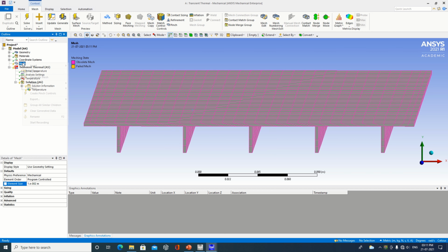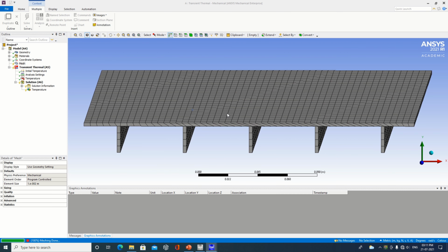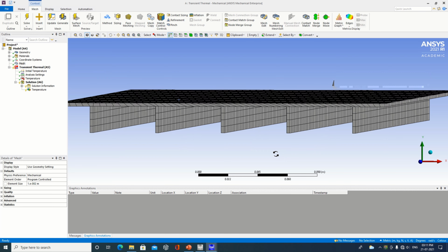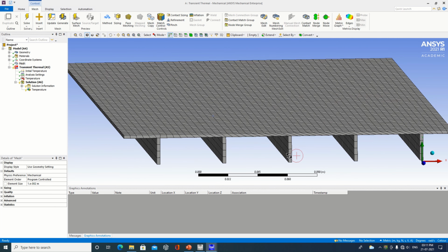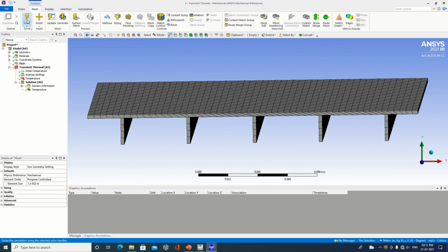I'll just prepare one more time. I will make it update. We'll just check whether any changes are there. Yeah, you can see now there are changes in the mesh which has happened over here. So I will just try to solve this, whether it is able to solve or not,